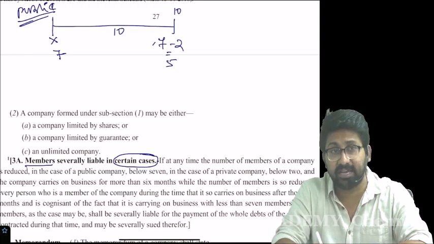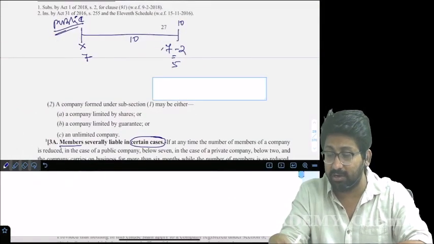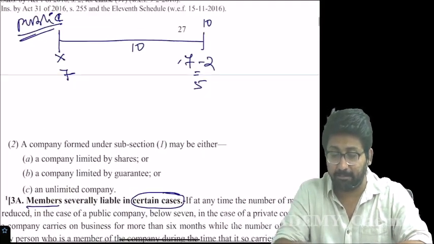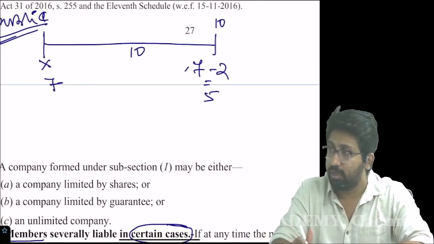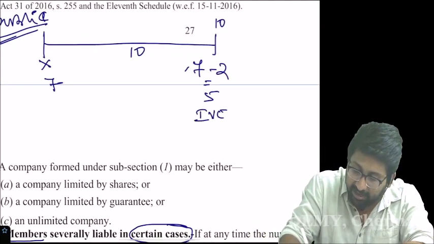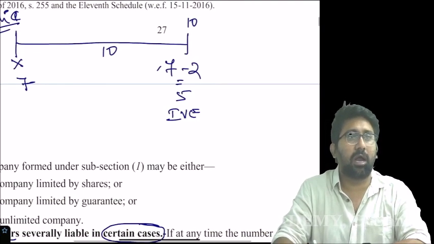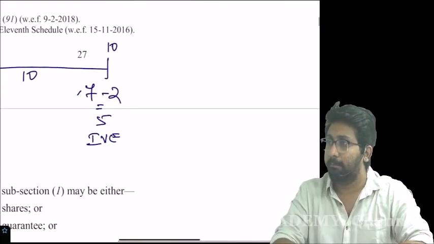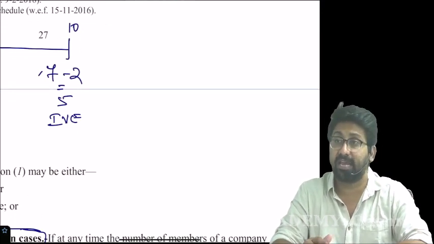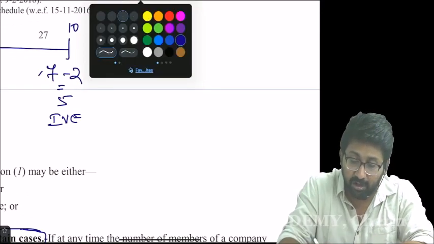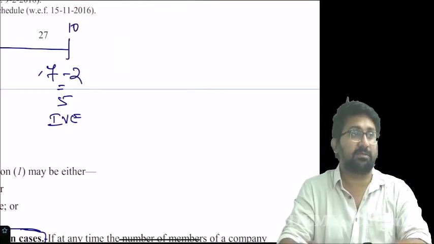Incorporation was made as a public company, so you can't call it a private company. And with the 5, can you call it a public company? No. Then what to do? This is an invalid entity. You can't do anything in its name. But the law has granted a special power even in this case for a period of 6 months.